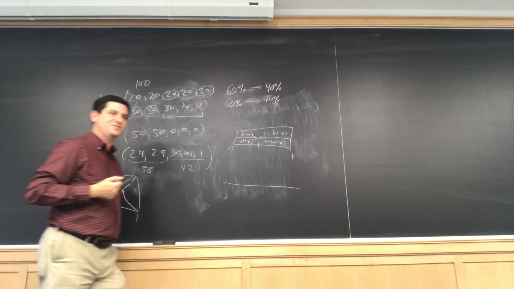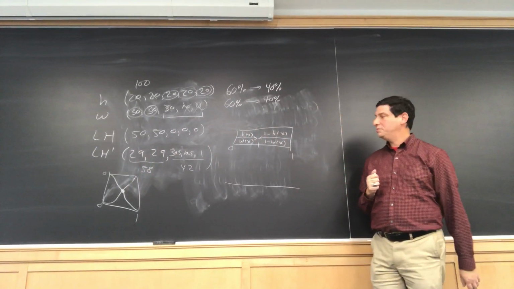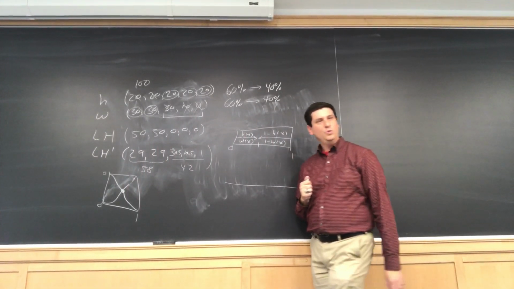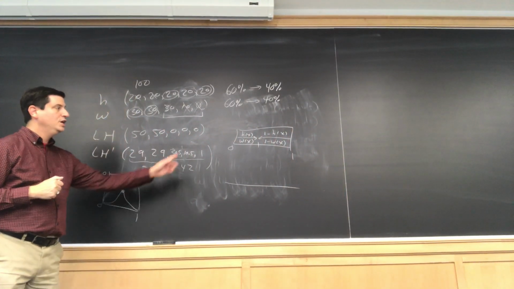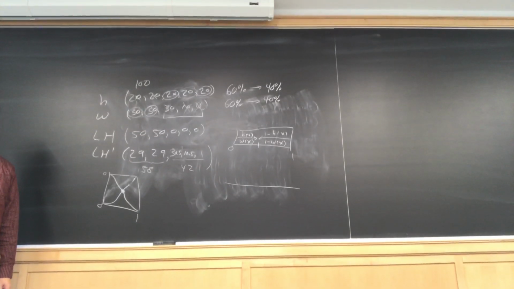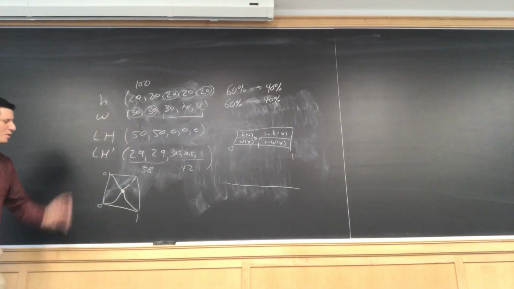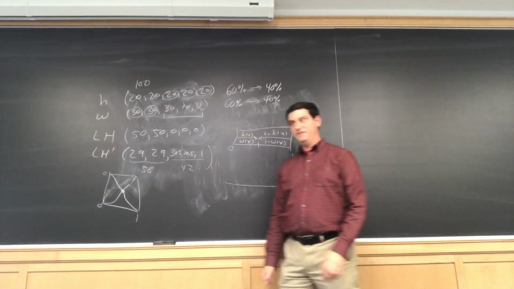What theorem guarantees us a solution? The intermediate value theorem. And depending on the type of continuity of the function we have, we can even find where that intersection is. So there will be a point where both people feel that they got the same. It might be more than 50%. It might be less than 50%, that's the problem.